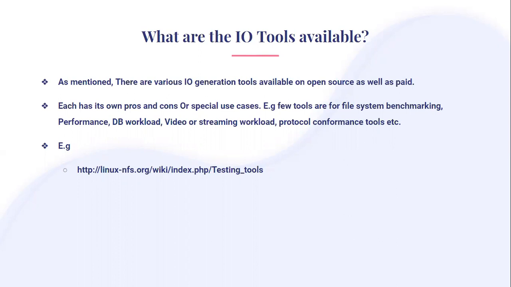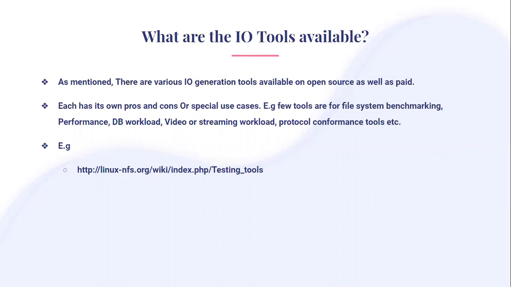Take an example, like I am testing a NAS box. Then I'll be having a test case, or I should be having an IO tool which generates file operations, right? File operations, like it creates multiple files, various sizes of files, different types of files. In Linux we have links, directories, named pipes, sockets, and whatnot. There are a bunch of other types as well. So since I'm testing NAS, I should be having an IO tool which does this file level conformance. So that's one use case.